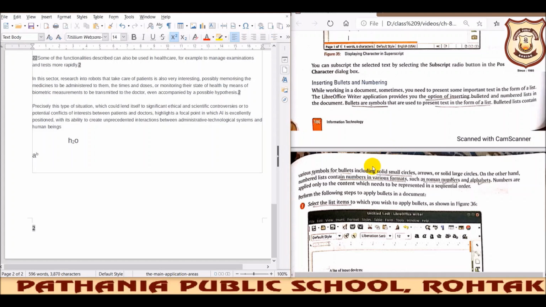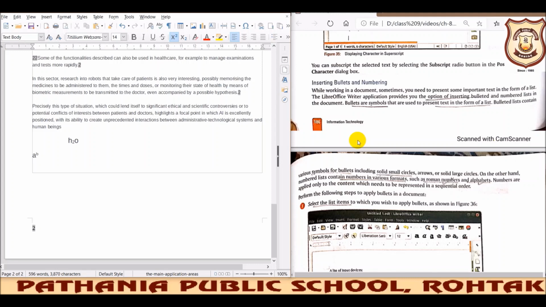When we need to write points, like I am going to the market and I want to buy a few things, I will make a list. When we are going to make a list, that time we should go with bullets and numbering. There are many uses. When we are creating a list, it can be a numbered list or an unnumbered list. If I need to purchase five items, I will write 1 2 3 4 5, and that will be your numbered list.